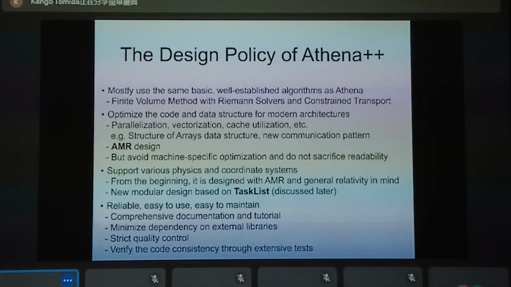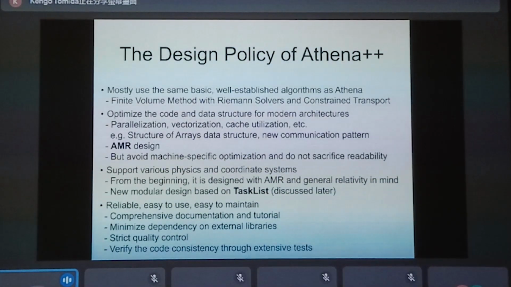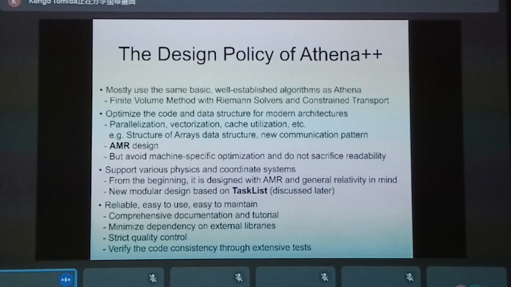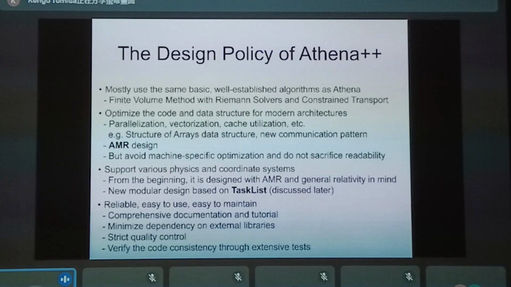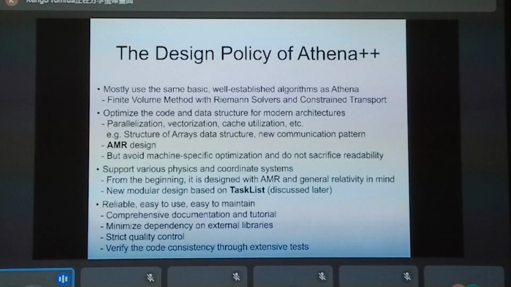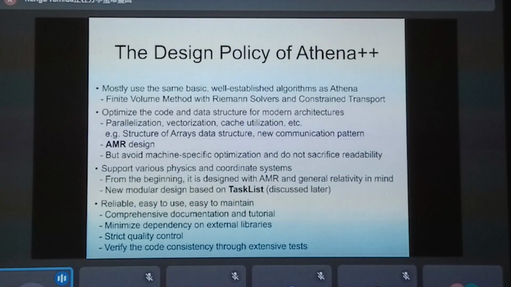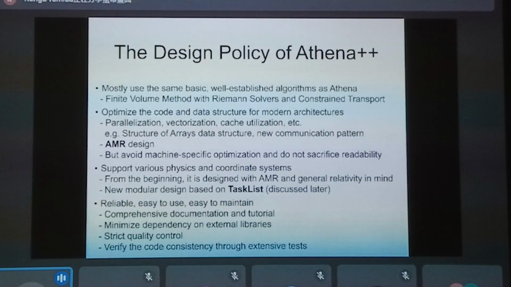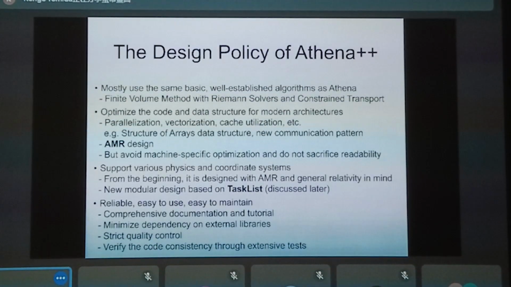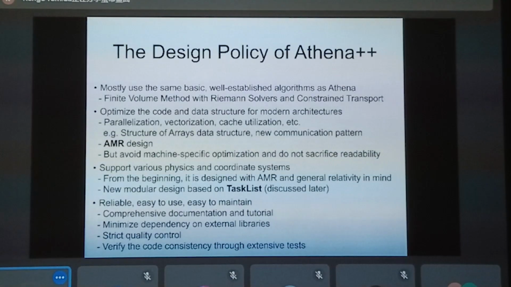So we didn't go to very aggressive optimization, including using assembly or intrinsics, which depend on specific machines or architectures. But it turned out, as long as we have reasonably good compilers, our design works reasonably well, and we can get quite good performance on many architectures. I can show you the results later.